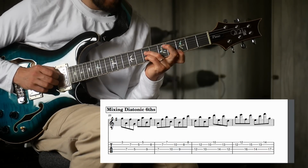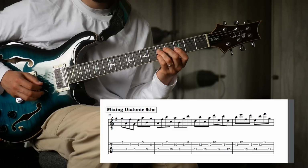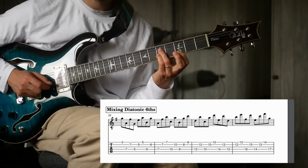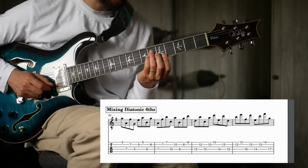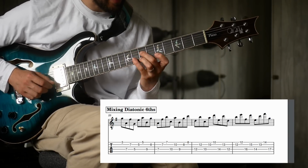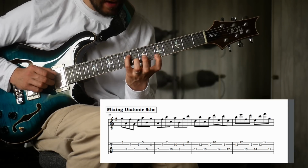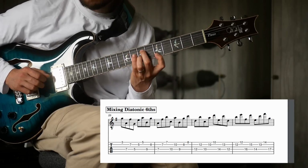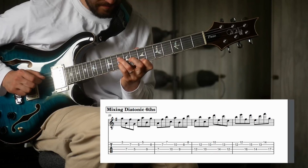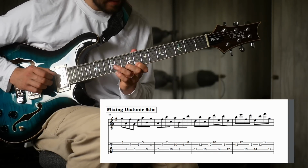So we start on 3rd fret, then 7th to 5th. And try and hold all of the notes down if you can. Then we're going to move up the scale like that, right? 5th fret, 9 and 8, 7. Then up to the 7th fret, 10th fret to 9th and 8th, 8th fret,